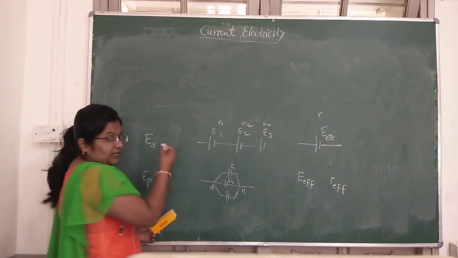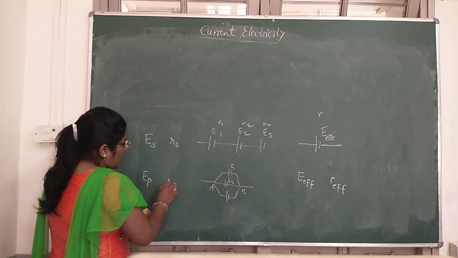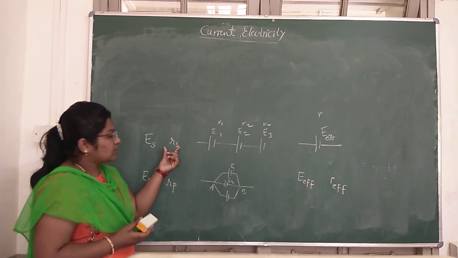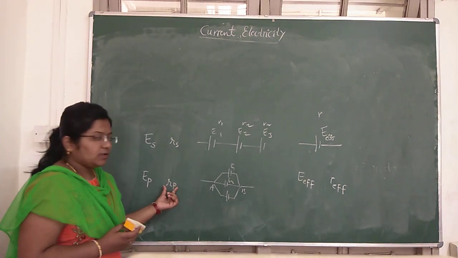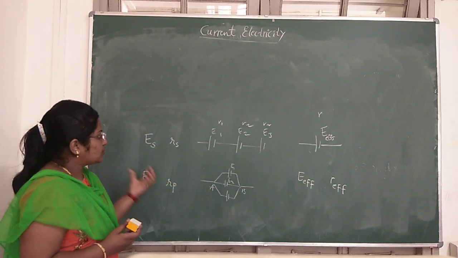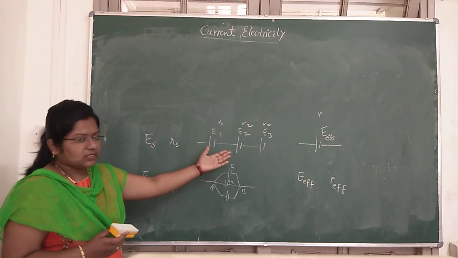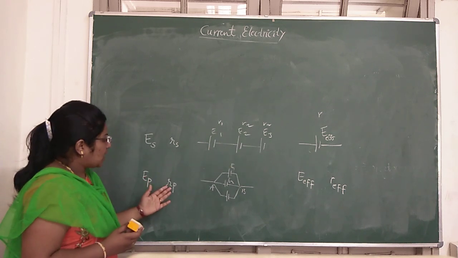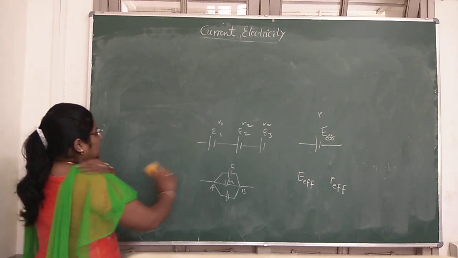Similarly for internal resistance, RS, the effective internal resistance of the series combination, and RP, the effective internal resistance of the parallel combination. So here we are going to determine expressions for ES and RS for the series combination, and EP and RP for the parallel combination. Okay, so now let's start with the